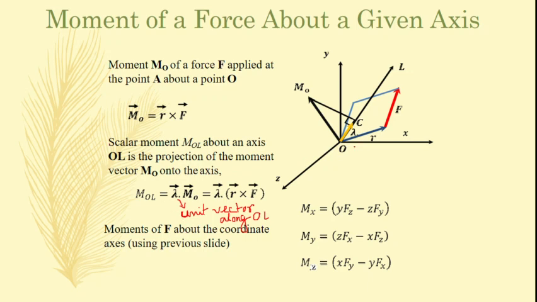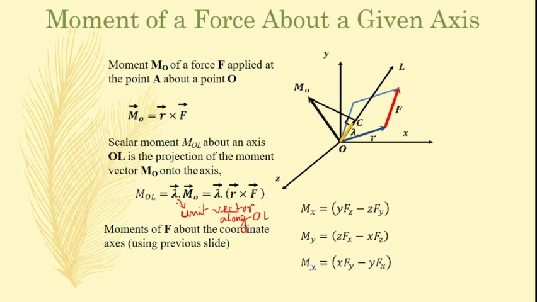The dot product gives the component along another vector. Here we take the unit vector,